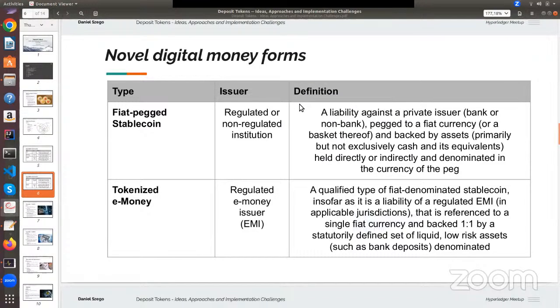What is a deposit token and what is not a deposit token? For instance, we can have something which is a fiat-backed stablecoin. A fiat-backed stablecoin can be issued by regulated and non-regulated institutions. And it can differ depending on whether it is fully backed by fiat, or just partly backed by fiat, or partly algorithmic or something. So a fiat-backed stablecoin can be more complicated. It is basically a liability against a private issuer, which is backed fully or partly by fiat currency, and it is either regulated or non-regulated. There are some regulated